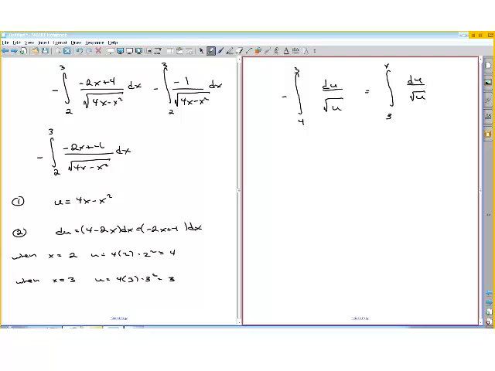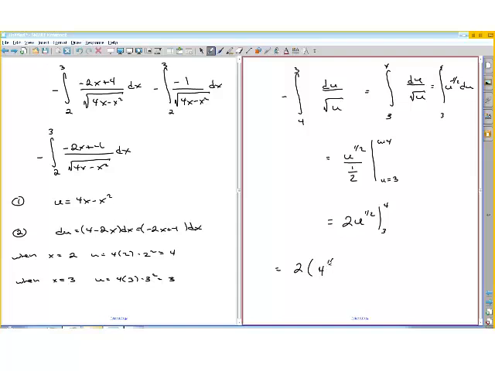Okay, we did this before. Remember that's equal to the integral from u equals 3 to u equals 4 of u to the minus 1/2 power du. So you add 1, so you get u to the 1/2 divided by 1/2. No plus c, because it's a definite integral. So we go from u equals 3 to u equals 4. Dividing by 1/2 is like multiplying by 2. So our final answer for the first part is 2 times